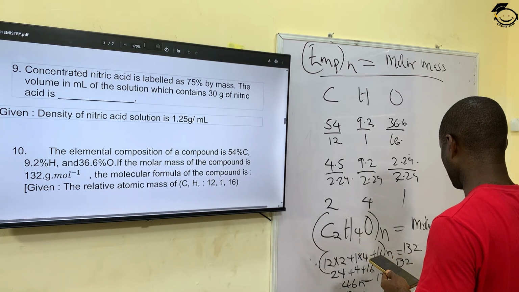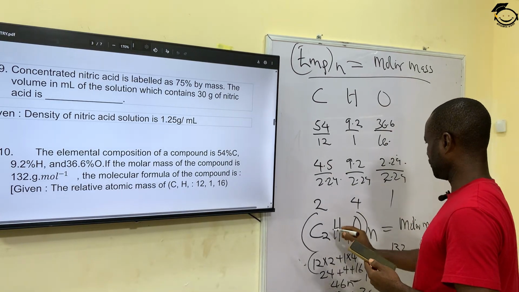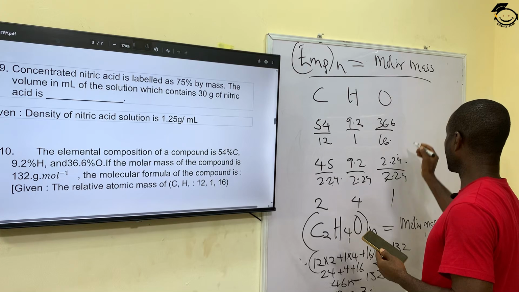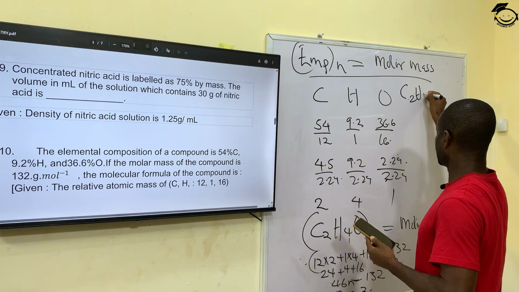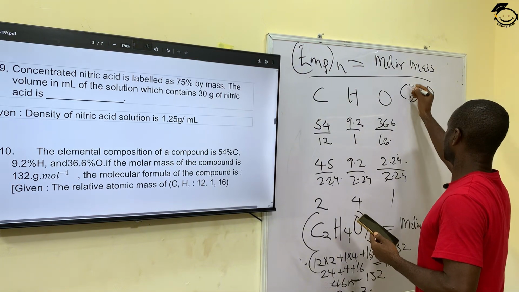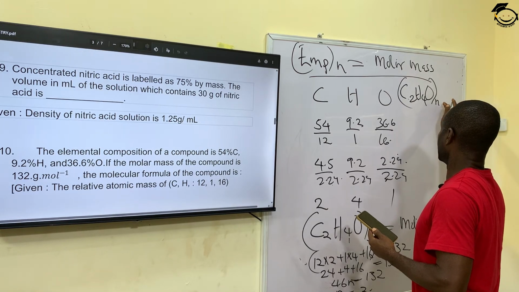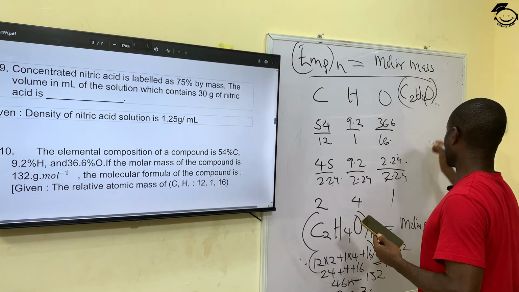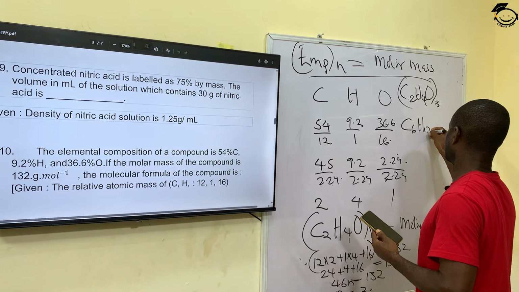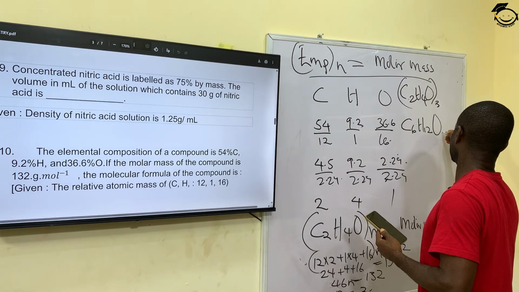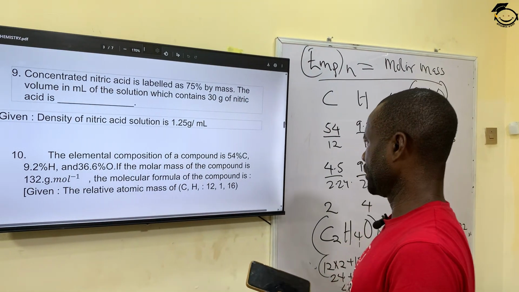The answer is 3, approximately 3. So in this case, the molecular formula, if we bring this one here, the molecular formula therefore, where (CH2O)n, C2H4On, where n equals, our n has been calculated to be 3 now, will give us C6H12O3. Answer. That is the molecular formula of the compound,